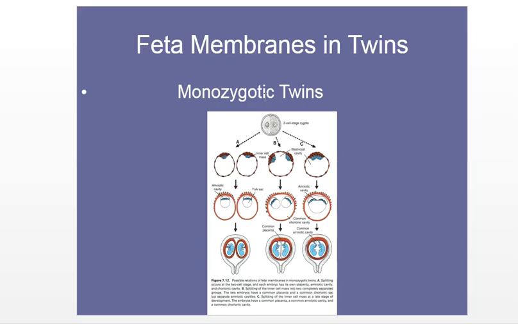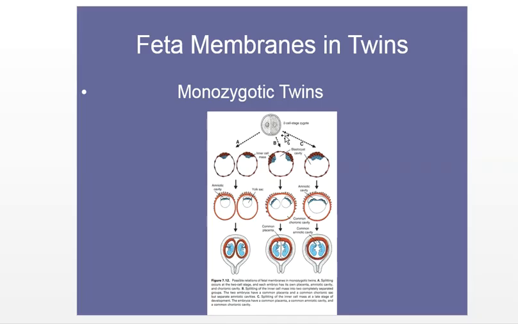monozygotic twins. The second type of twins, which develop from a single fertilized ovum, is monozygotic or identical twins. The rate for monozygotic twins is 3 to 4 per 1,000, and they result from the splitting of the zygote at various stages of development. You can see the splitting of the zygote at the various stages of development. Splitting of the zygote usually occurs in early